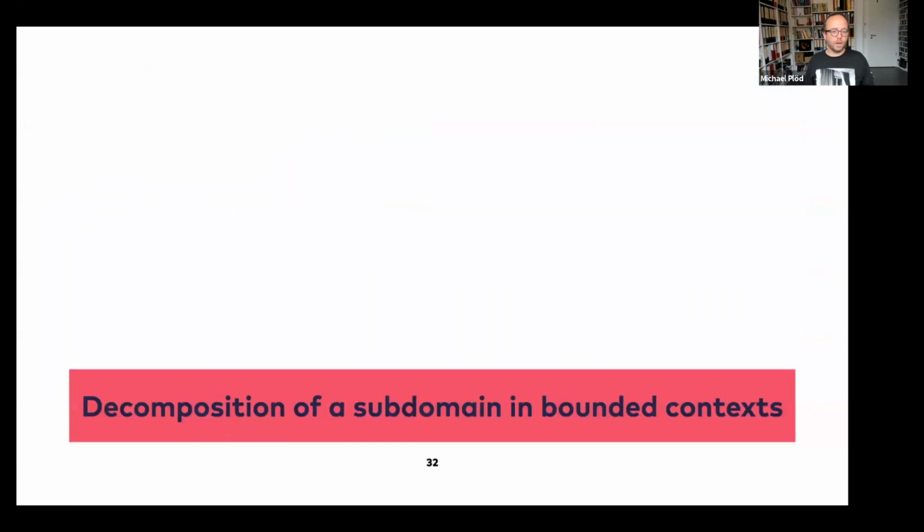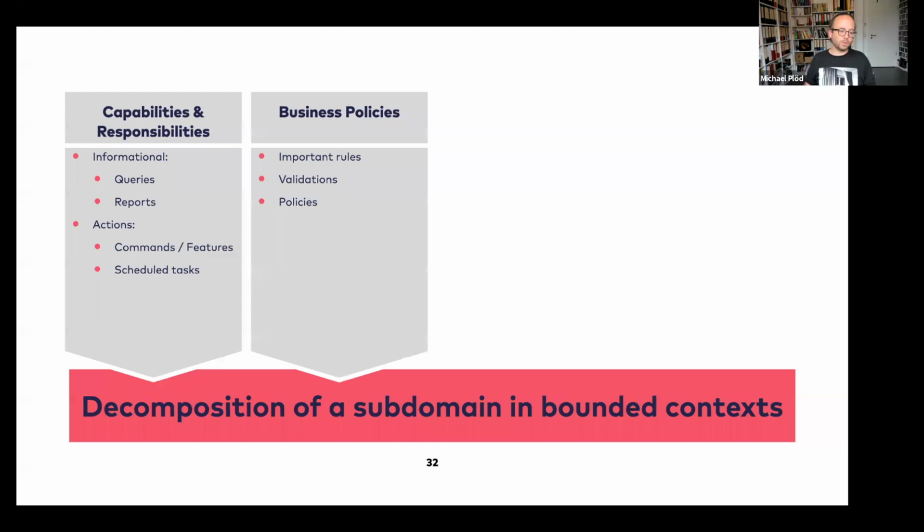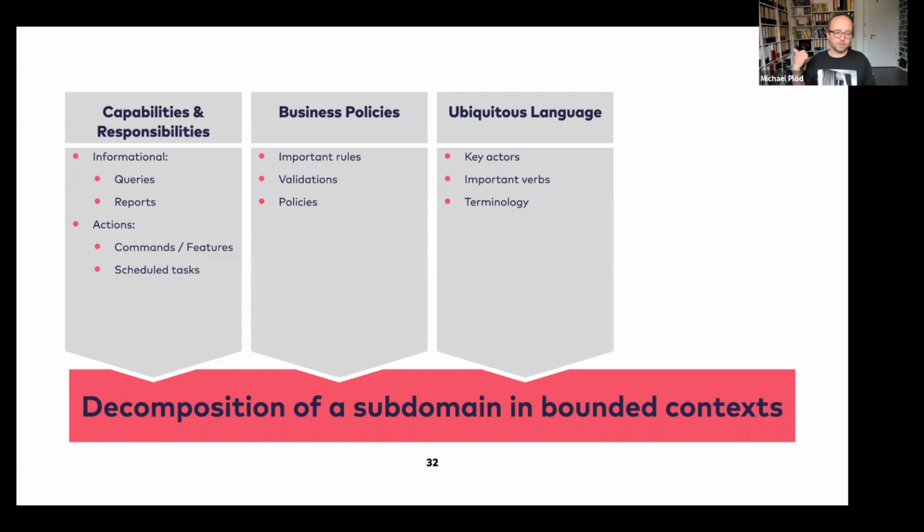For instance, I want to take a look at capabilities and responsibilities, informational actions and stuff like that. Nick Tune wrote that very nicely down in his blog post, which I'll mention on the next slide. Business policies: what are important rules, what are validations, what are policies, invariants, ubiquitous language, key actors, important verbs, and a perspective that I personally also like to take on when I look for boundaries in the solution space are